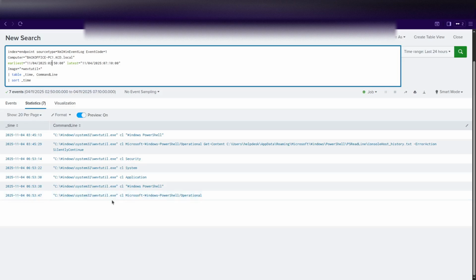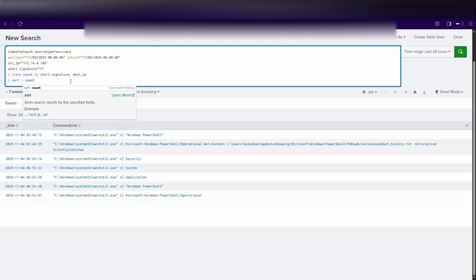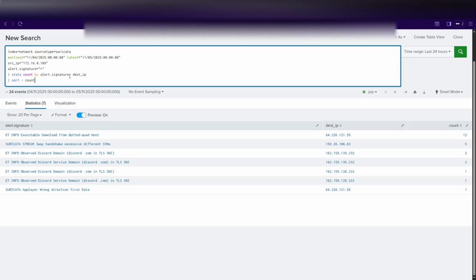So the final part and the fun stuff is looking at Suricata logs. I'm not going to go through the fields, but I'm giving you an idea how to look at the actual logs and then extract what you need to get information and filter through. So I'm going to use Suricata here, and these are alert signatures that the system has. So we can see,